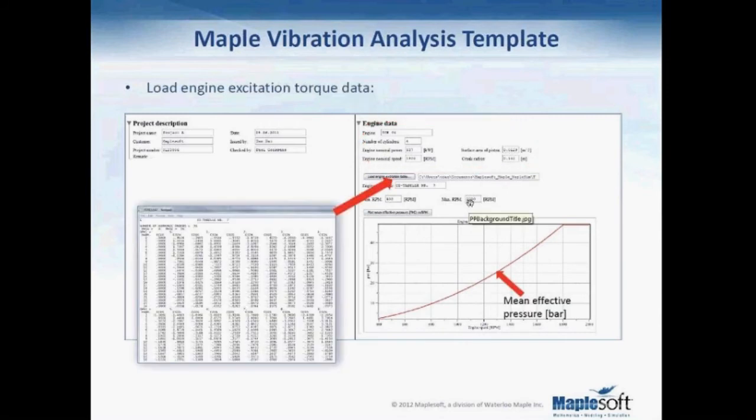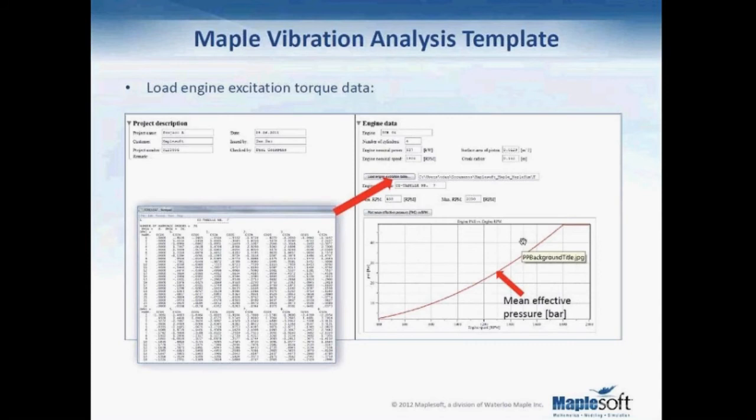You can also load up the excitation table for the internal combustion engine by simply clicking on this button. This allows you to incorporate experiment data into a MapleSim model. After this, you can plot the mean effective pressure for the engine. The mean effective pressure is a measure of the engine's capability